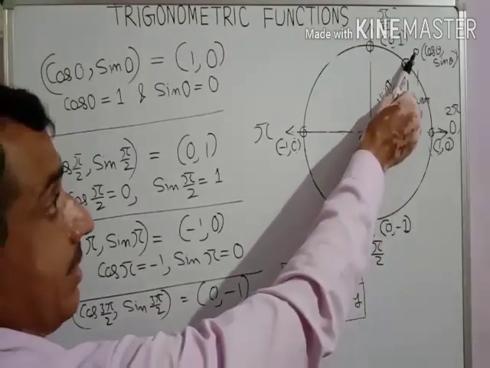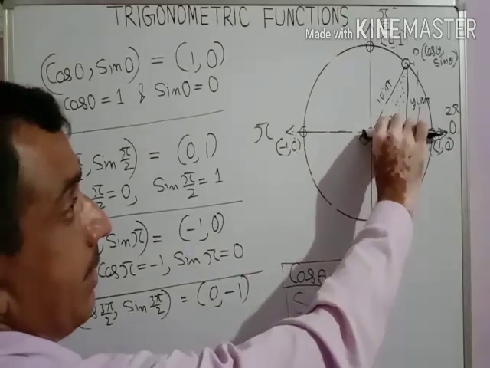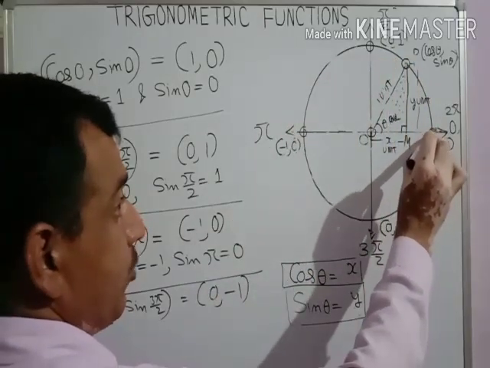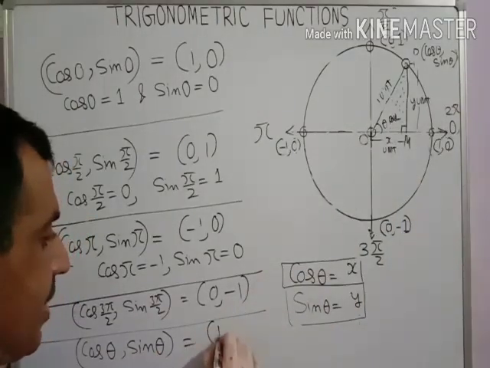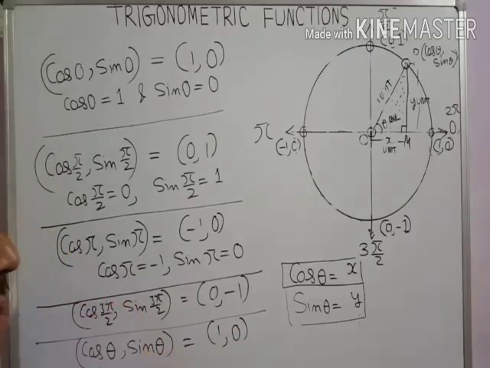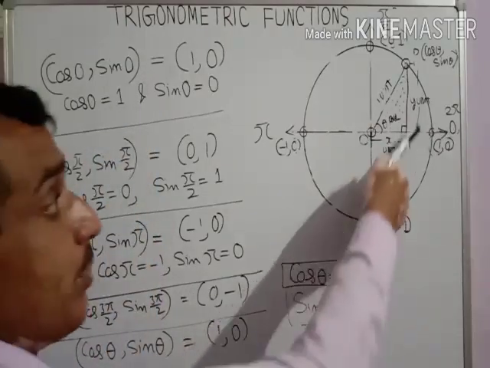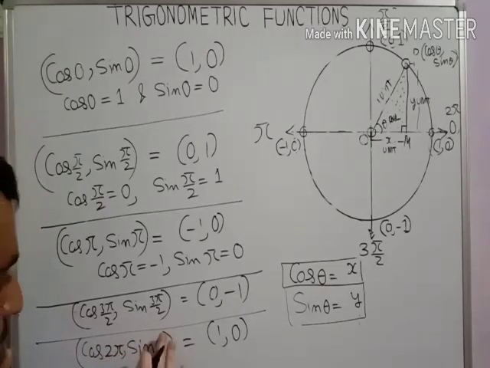Now you visualize this line is moving this way and now it stops here. This means this point now overlaps at this point. I write here cos theta, sin theta equals this point 1, 0. At which theta? At 0 degree and 2 pi. 0 we have already taken. It means we have completed a full circle, which is 360 degrees or 2 pi radians. It means you replace theta with 2 pi.